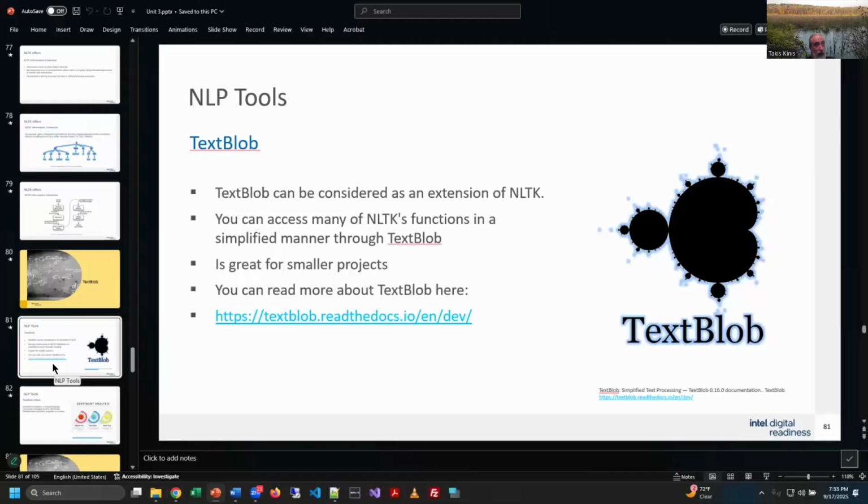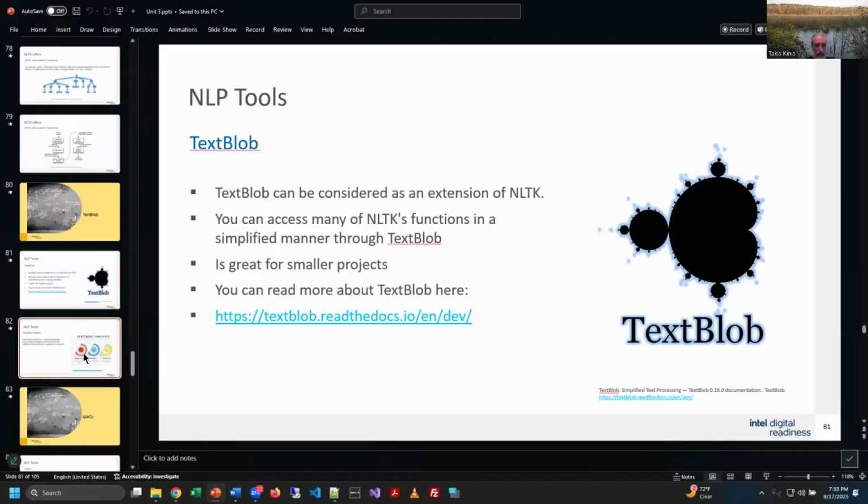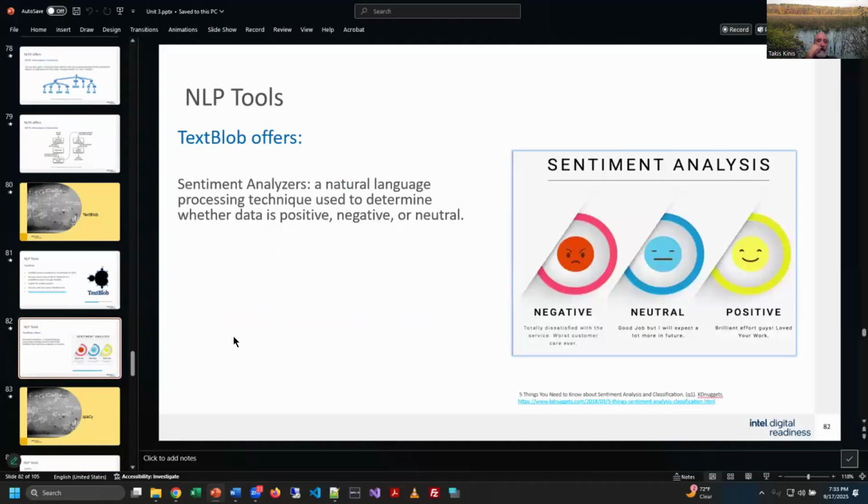They say it's great for small projects, right? And you can read more about it there, so please do. What it offers, sentiment analyzers, for example, a natural language processing technique which figures out, are you in favor of this, against this, or neutral? Or Republican, Democrat, independent, or whatever, right? So that's a big usage of this tool.